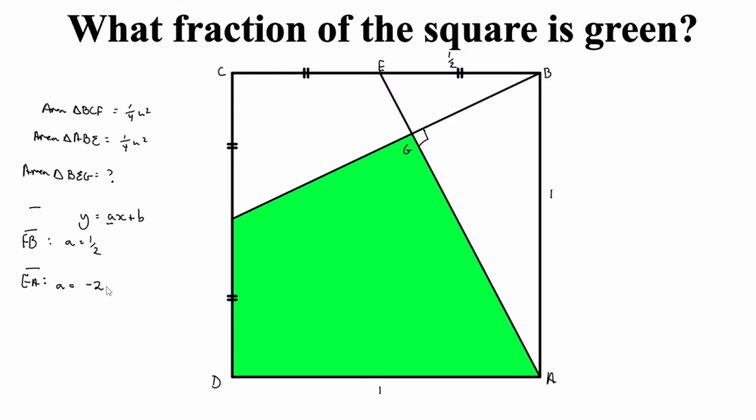So if we recall, if we have two linear functions and we take their slopes and we multiply their slopes together, and the product of which gives us -1, then those two lines intersect each other at a right angle. They are perpendicular to each other. Let's call this A1 and A2. So if we were to multiply both our slopes, we would get -1, showing that they intersect at a right angle. And now since they intersect at a right angle, we can show that